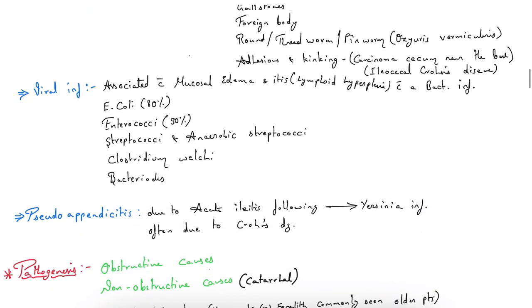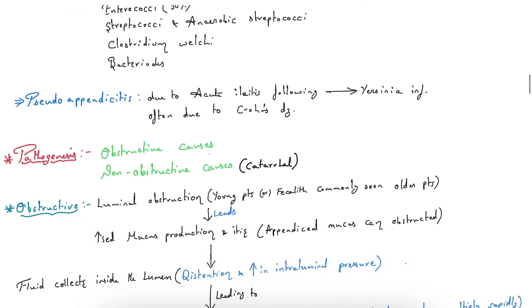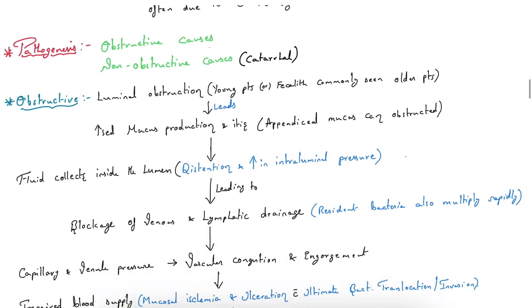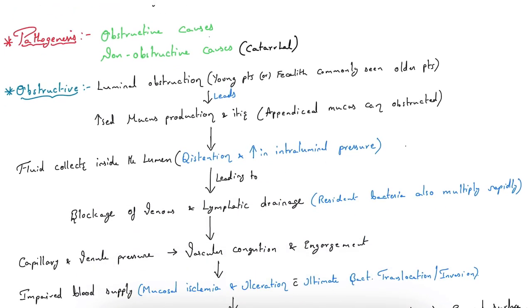Viral infections can also cause appendicitis, associated with mucosal edema and inflammation, and lymphoid hyperplasia with bacterial infection. Among bacteria, E. coli, about 80%, can cause appendicitis, enterococci about 30%, and streptococci, anaerobic streptococci, Clostridium welchii and Bacteroides. Some pseudo-appendicitis we can also mention, due to acute ileitis following Yersinia infection and often due to Crohn's disease. So now pathogenesis: how does appendicitis happen? We can divide it into two types, obstructive and